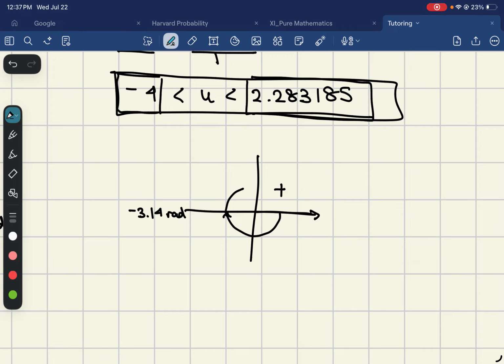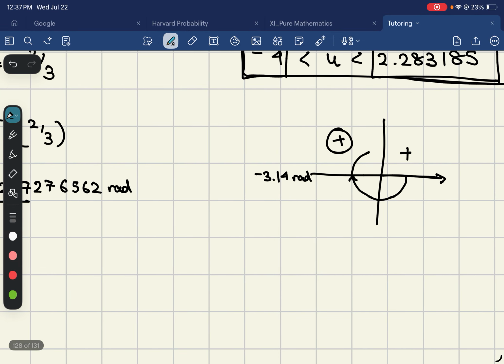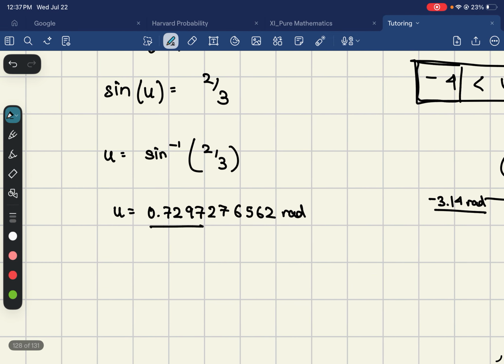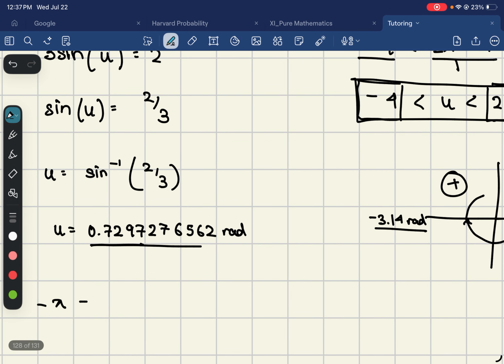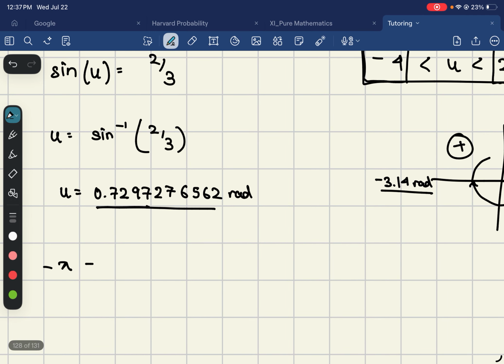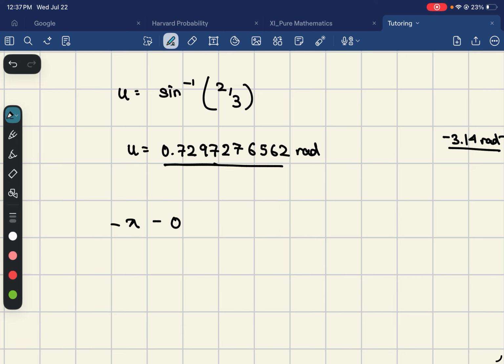-4 means that we can go up to our second quadrant in the negative direction, right? So if we can go up to our second quadrant, then we are still going to have a valid answer. So our next valid answer is going to be a negative angle. So how do we figure it out? Well, like I said, we are going from negative pi, and we have to check for the acute angle, right? We're always using our acute angles to transfer into another quadrant. So let's check negative pi minus